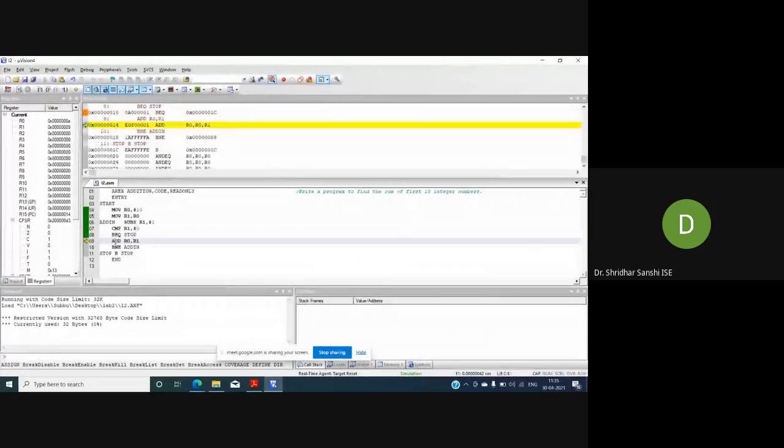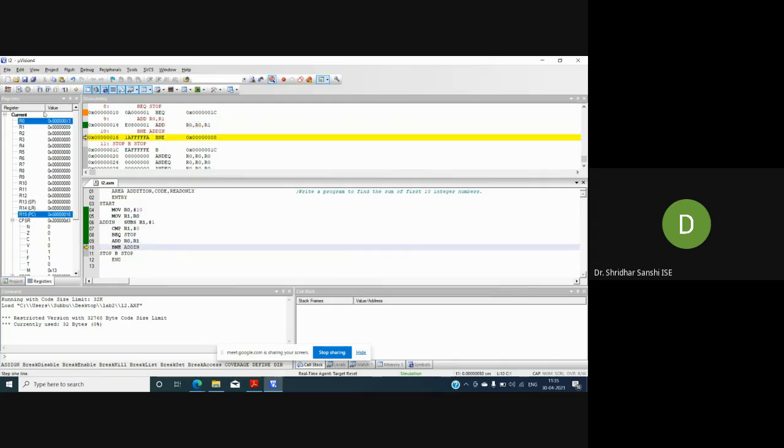So what is the next instruction? I'm adding the content of R0 with R1. Content of R0 is 10, content of R1 is 9. I'm adding and putting the result in R0. You can see after the execution that the content of R0 is hexadecimal 13.